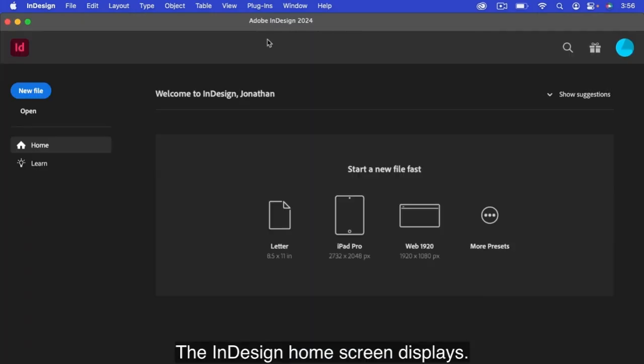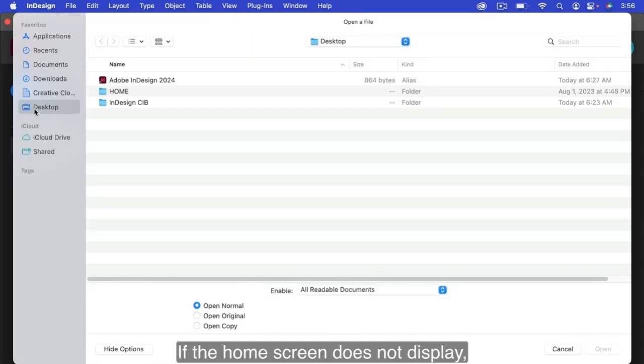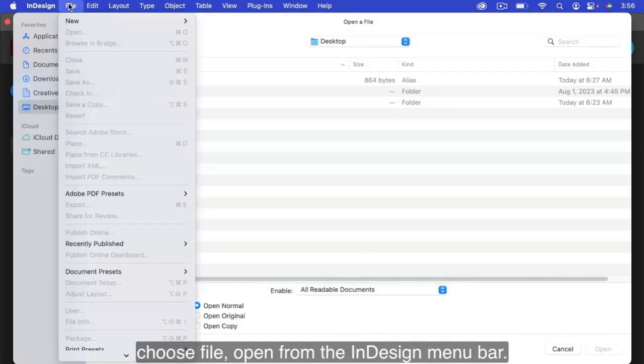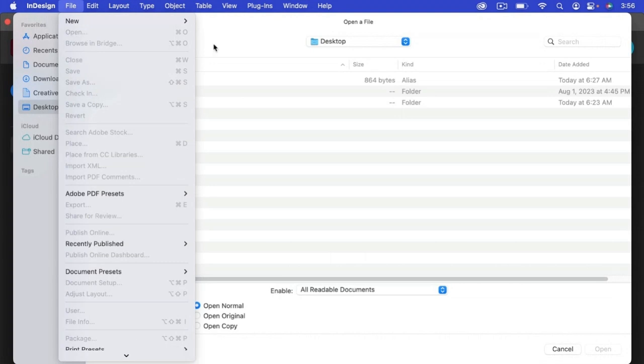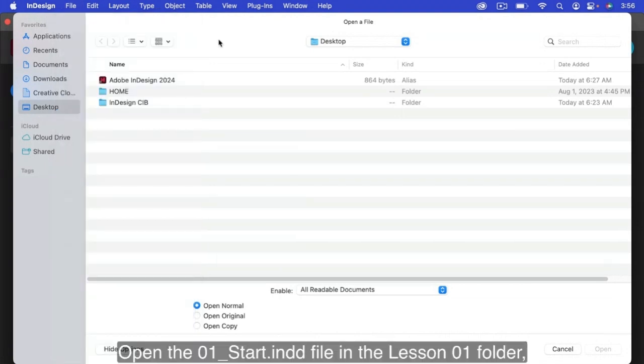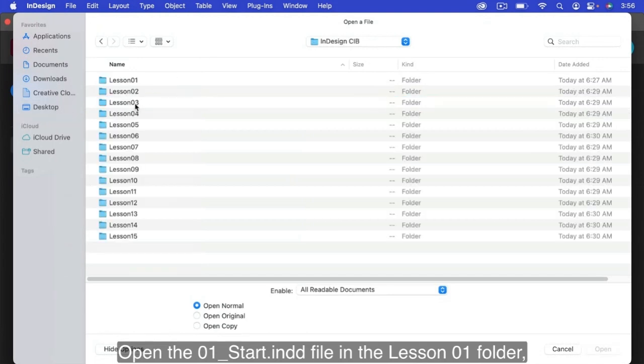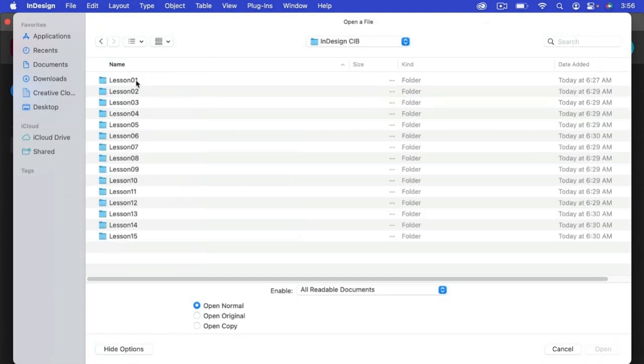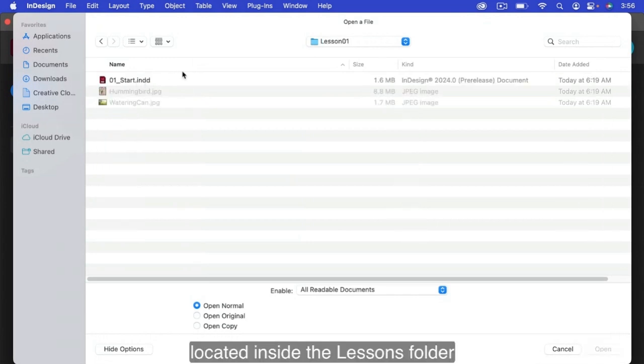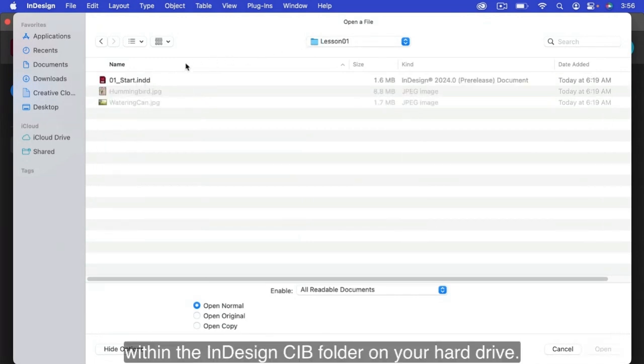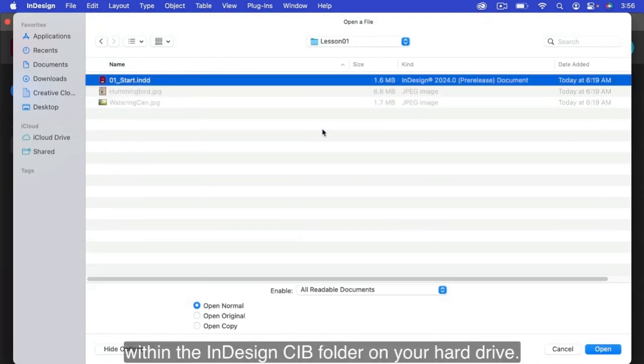Start InDesign. The InDesign home screen displays. Now click the Open button. If the home screen does not display, choose File, Open from the InDesign menu bar. Open the 01_start.indd file in the Lesson 01 folder located inside the Lessons folder within the InDesign CIB folder on your hard